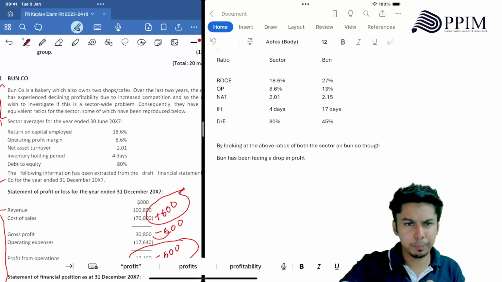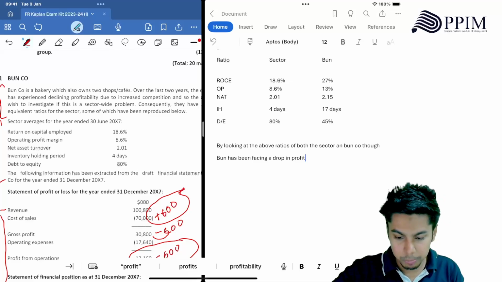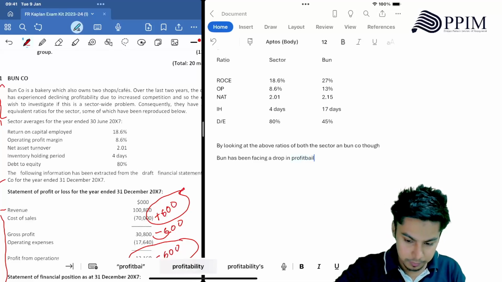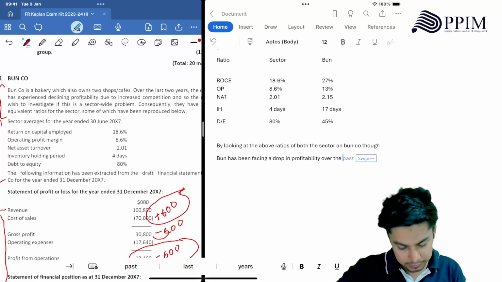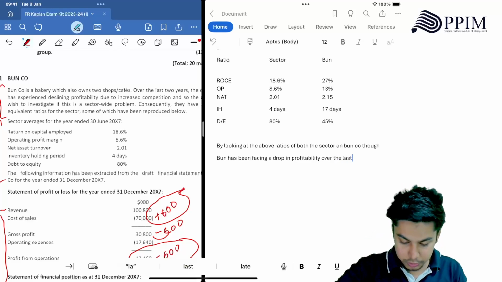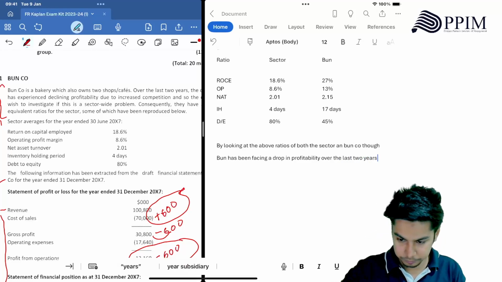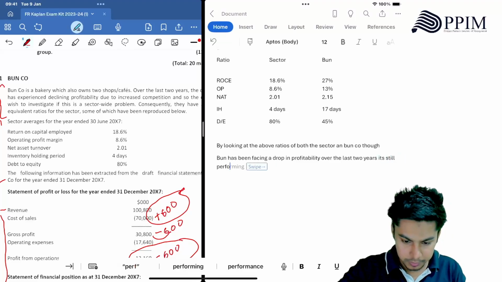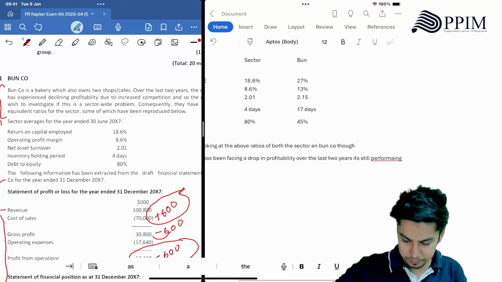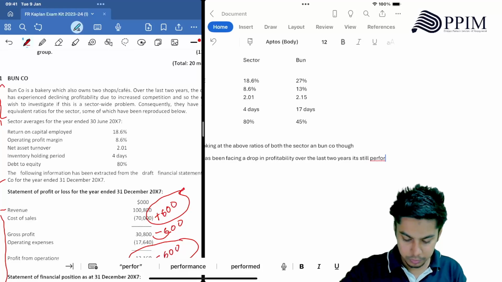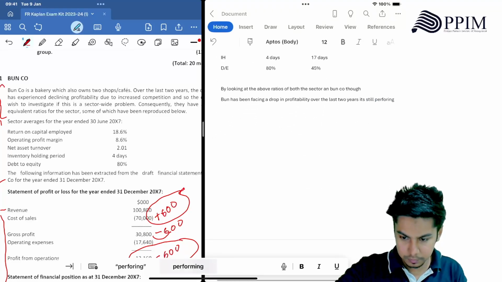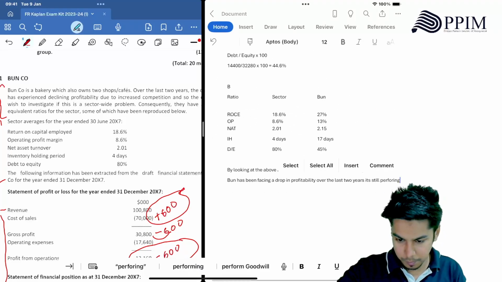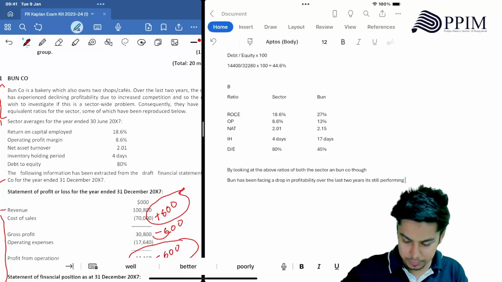So guys, I'm just copying what the paper is giving me. Drop in profitability over the last 2 years. It's still performing, it's still performing,